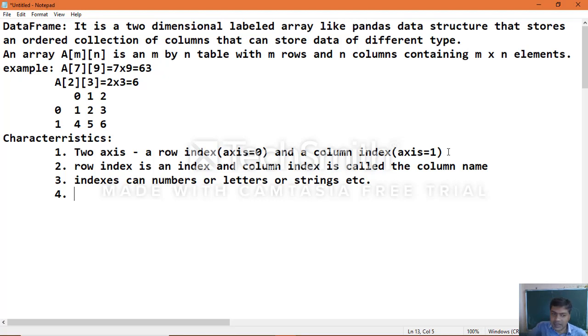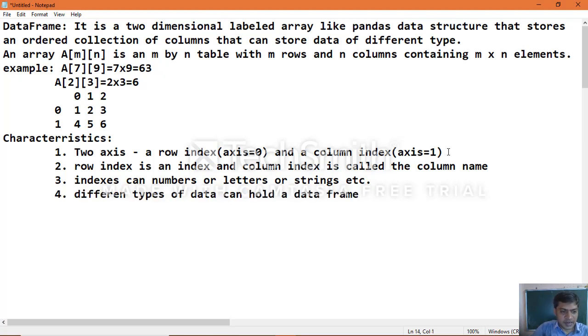So different types of data can be held in a data frame.